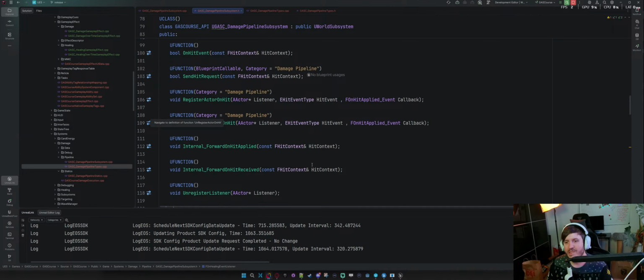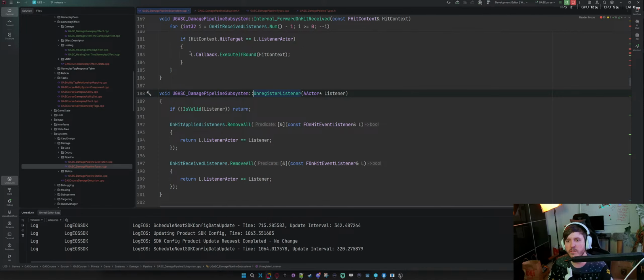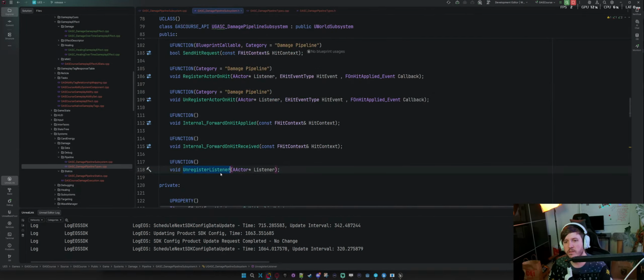So now we need to do this kernel stuff. Let's register listener to, I think this has to be renamed. So unregister on hit event listener.